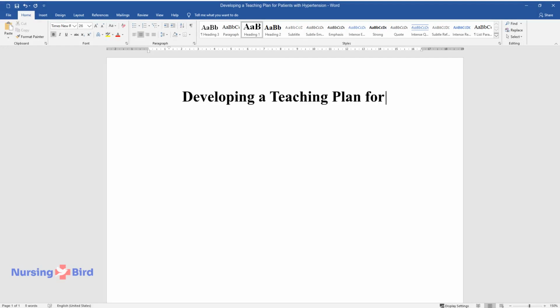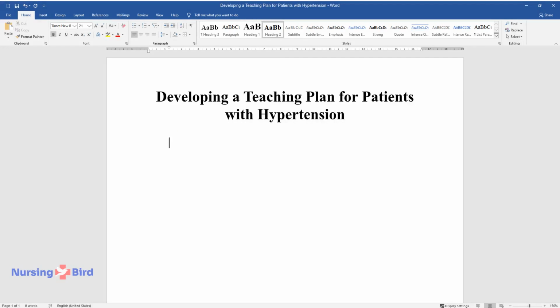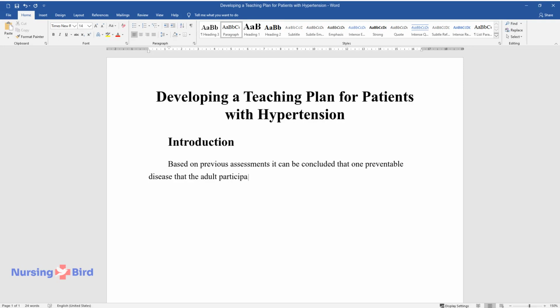Developing a teaching plan for patients with hypertension. Introduction. Based on previous assessments, it can be concluded that one preventable disease that the adult participant can prevent is